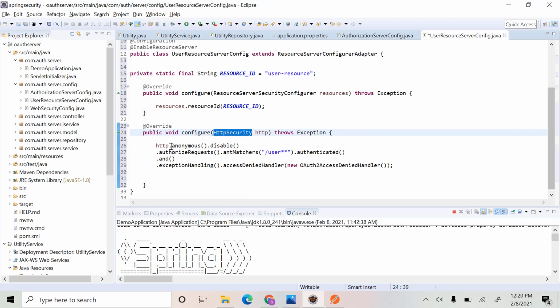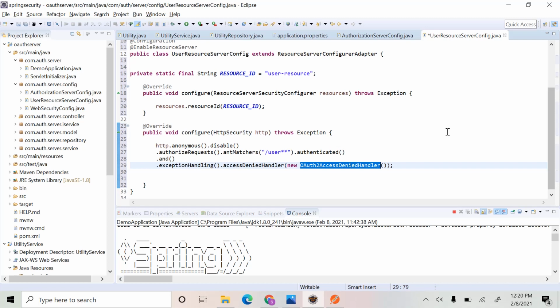Any anonymous requests are disabled and any request that is authenticated is authorized to access these endpoints, the user resource endpoints, and the exceptions are handled by the OAuth2 access denied handler. So now we have configured the resource server so that we can access the user resource from the authorization server itself.